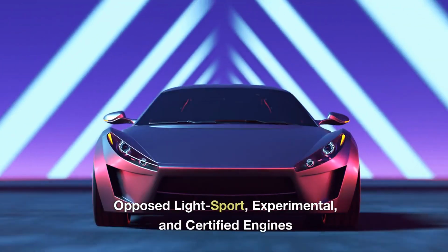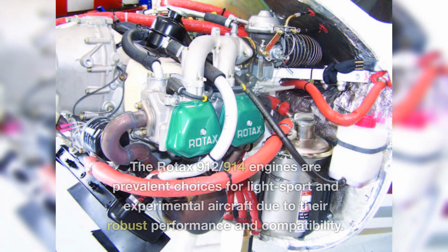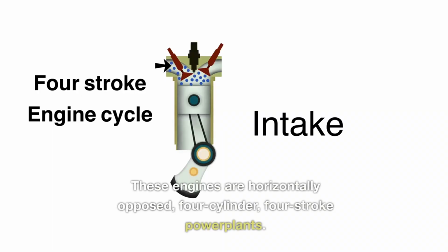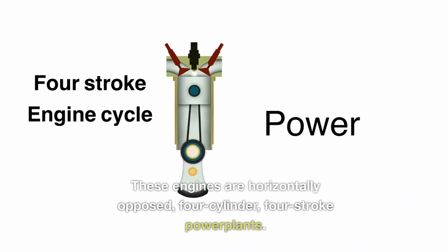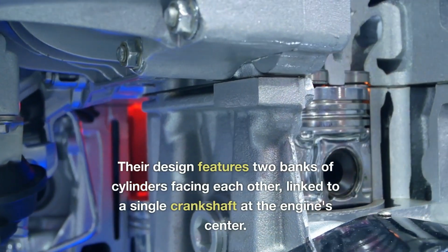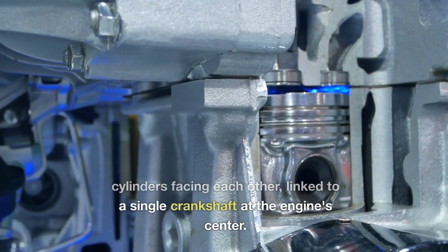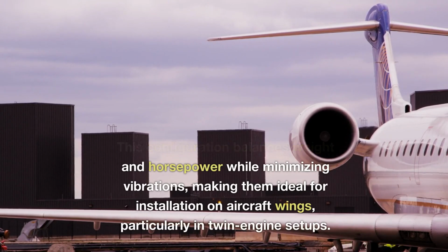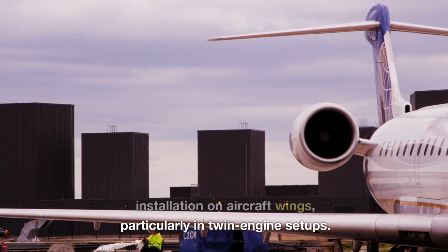Opposed light sport, experimental, and certified engines. The Rotax 912 and 914 engines are prevalent choices for light sport and experimental aircraft due to their robust performance and compatibility. These engines are horizontally opposed, four-cylinder, four-stroke power plants. Their design features two banks of cylinders facing each other, linked to a single crankshaft at the engine's center. This configuration balances weight and horsepower while minimizing vibrations, making them ideal for installation on aircraft wings, particularly in twin-engine